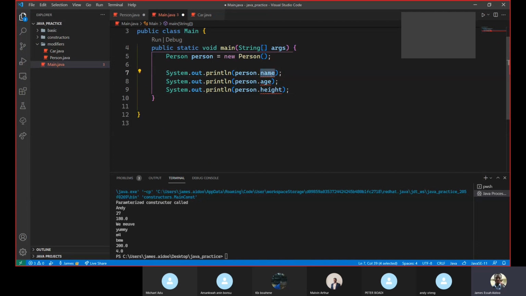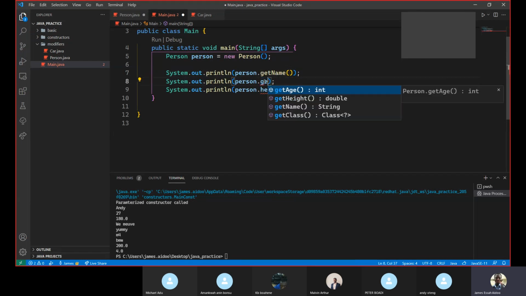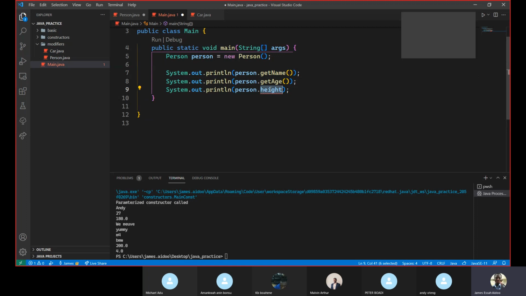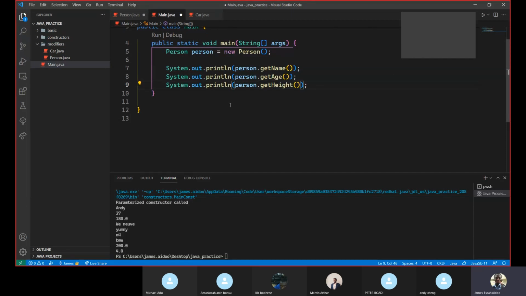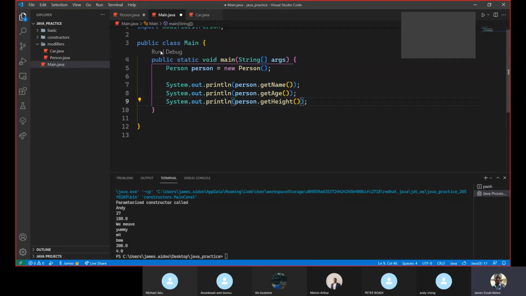If I want to get the name, there's a special function for that called get name. So I call get name, and get name will return the name of the person. Do you get it? And get age will do the same, and get height will also return height. And now our error is fixed. So when you make it private, you expose them through getters and setters. So I can go on and run this code,